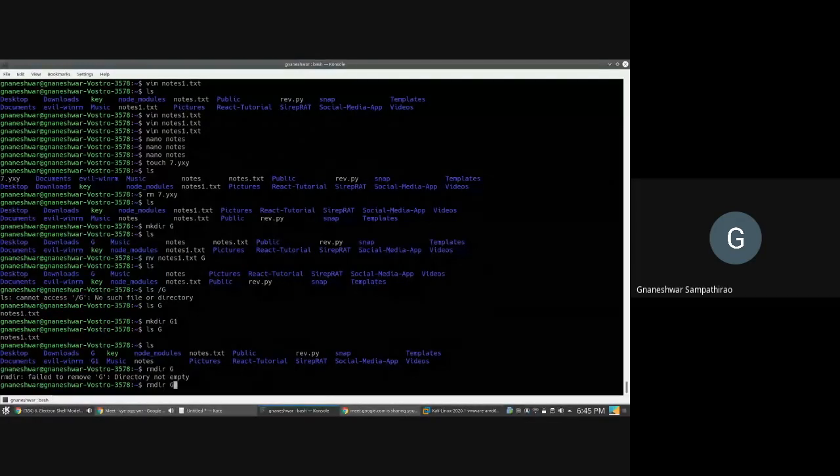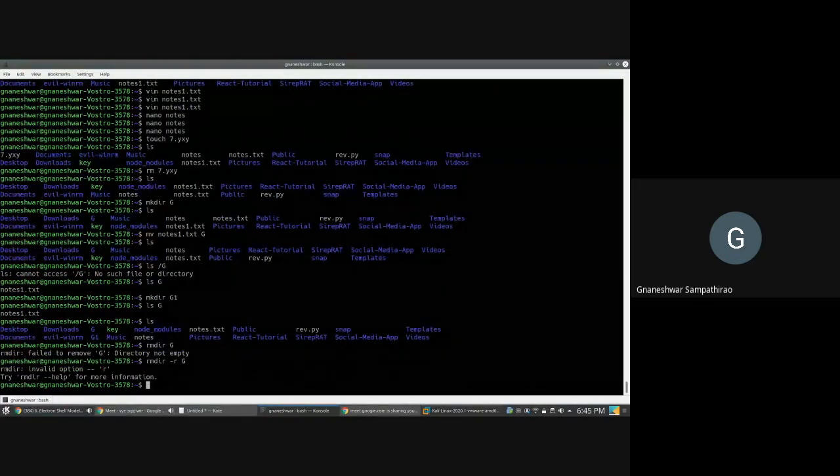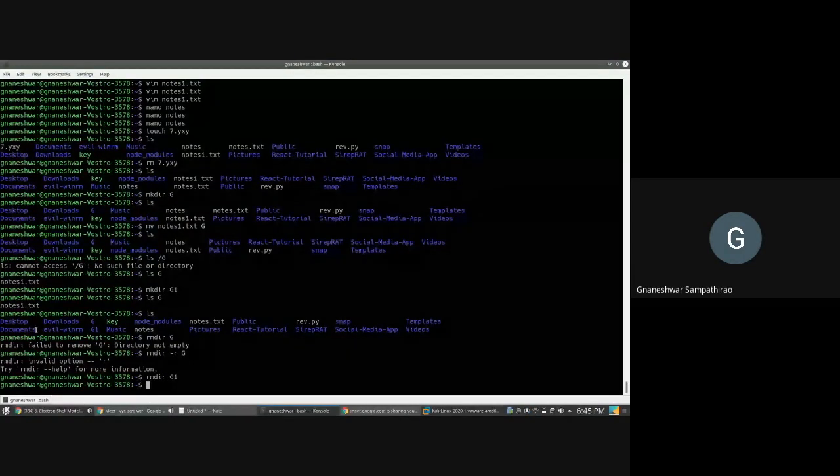So you can actually use this command for removing these empty folders. This is about rmdir, removing directory.